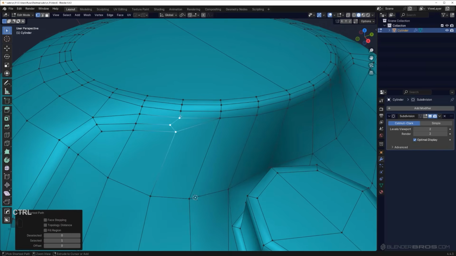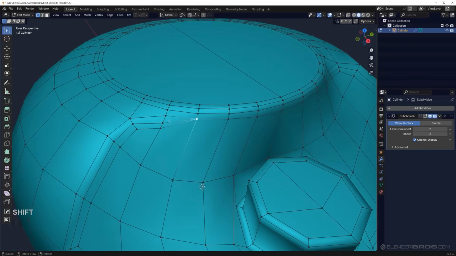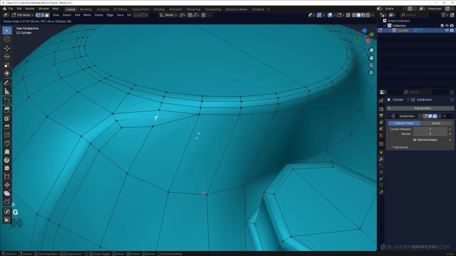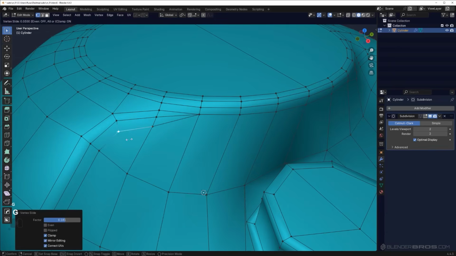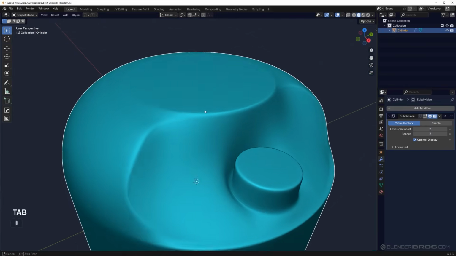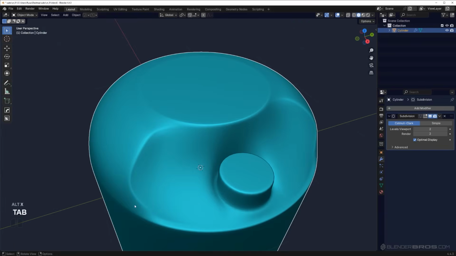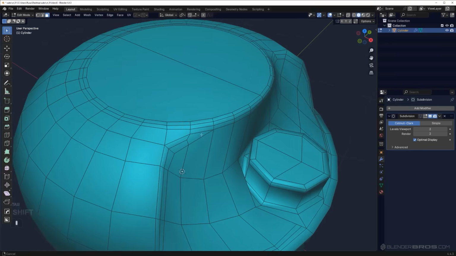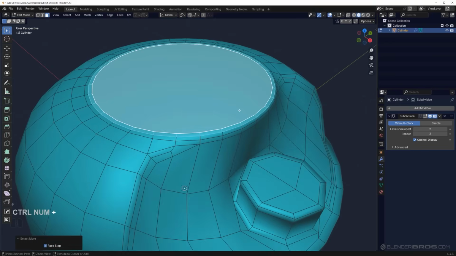So maybe a better idea would be running something like this, right? Maybe this is gonna be a better idea. So let's see how this will work for us. And maybe this one could be slightly loosened up, and maybe we could run a quad in here instead of an n-gon, and I think this is gonna be much better. You see, much cleaner. So now we got this nice crease running around, and this will allow us to grab this entire face here, make it larger, this selection, and then